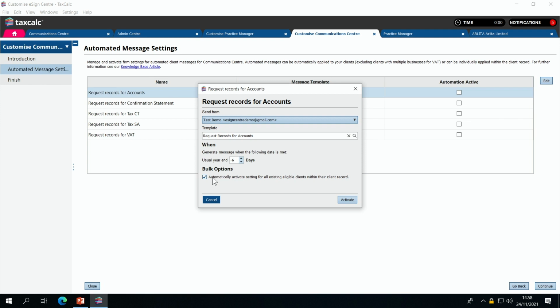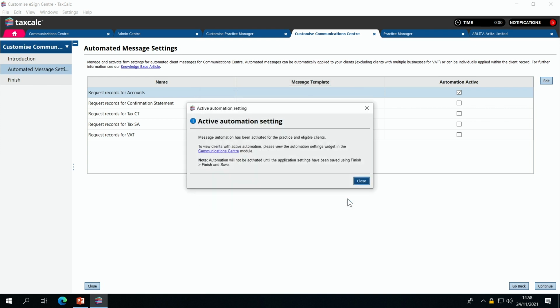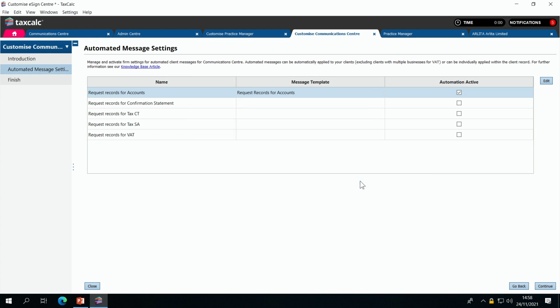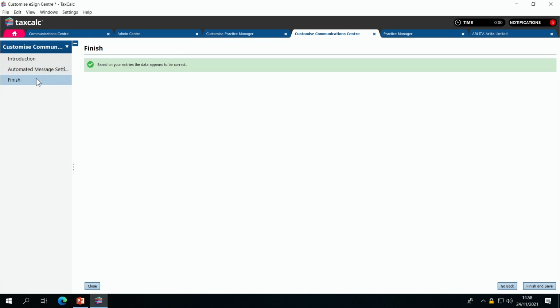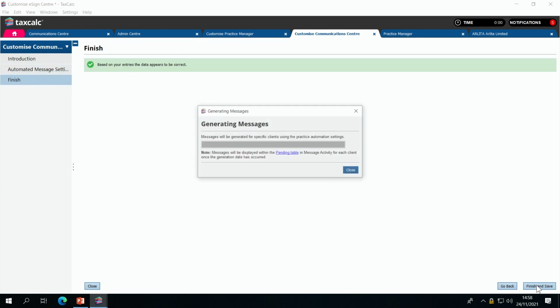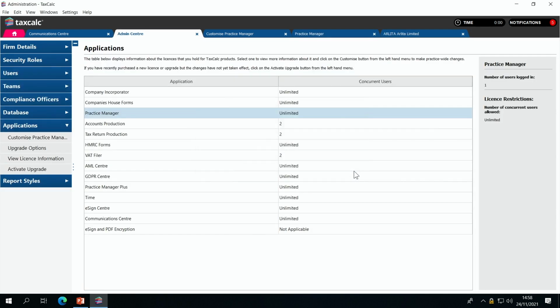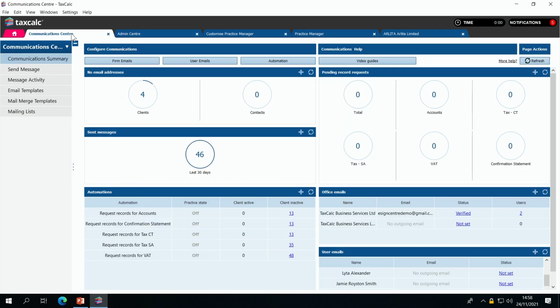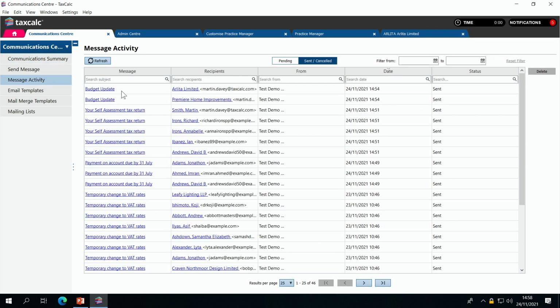So hopefully once I select the option here for bulk updating all of my clients, that activation is then activating each relevant client, and we select to activate, a couple of confirmation messages. Need to make sure that we finish and save as our normal simple step processes go. And then I'm going to jump into Communication Centre, go to message activity